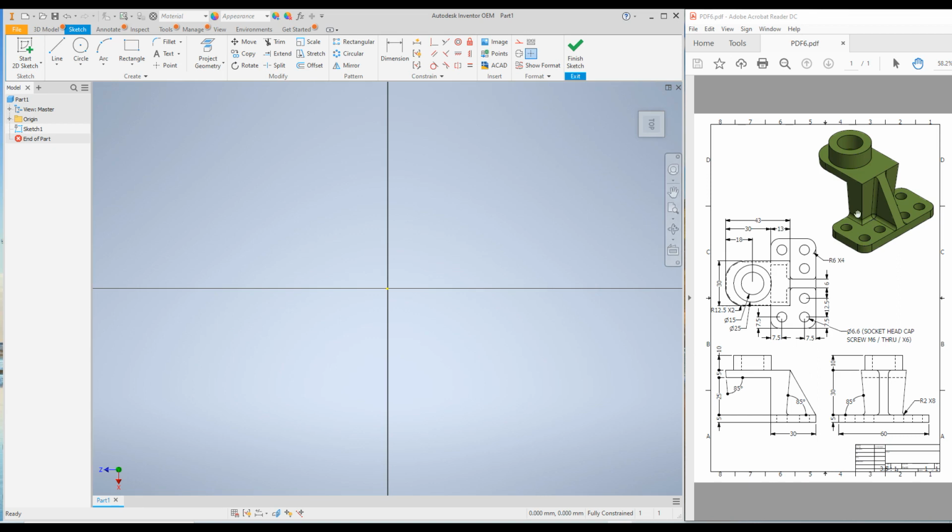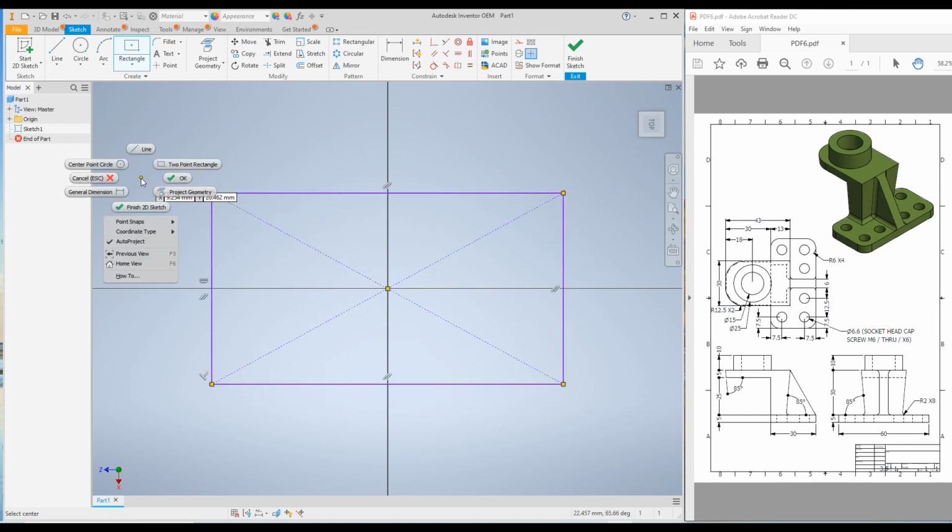You notice that this part is symmetrical about one axis, so we can make use of the symmetry of this part to create some of the features. Like this hole feature, we can use mirror command to create one side. So keeping that in mind, go to rectangle, expand rectangle tool and select center rectangle. Draw a rectangle